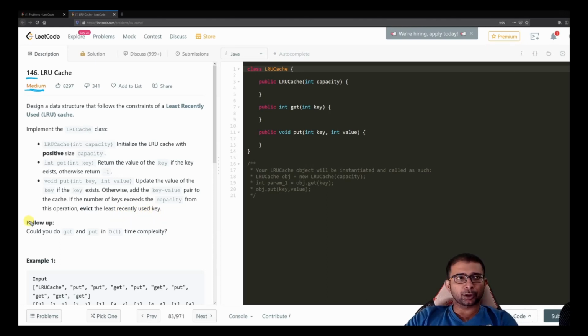And also there is a follow-up to it. Could you do both the get and put in order of 1? That means a constant time complexity, right? So we are going to look at that, and we are going to see and understand everything in much more